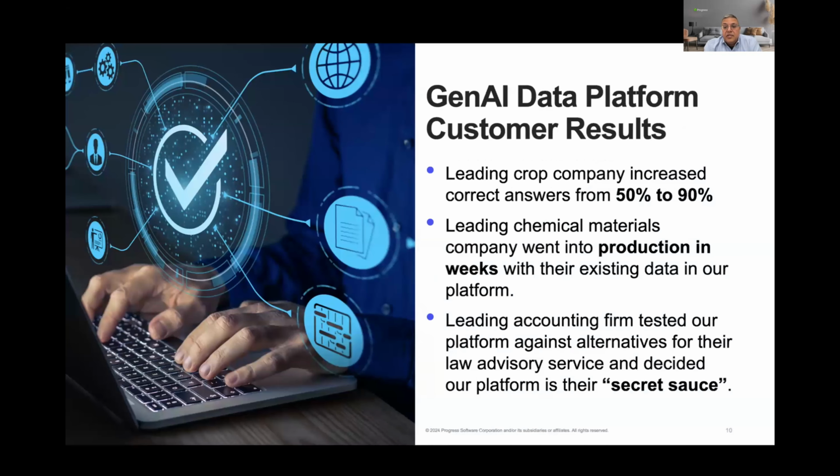So here are some real-world examples from our customers. One leading crop company increased their correct answer rate from 50% to 90%. A leading chemical company, one of the few super large ones in the US, went into production in weeks with their existing data sets. And that speaks to how quickly we can get our customers up and running. And then one of the big four accounting firms tested our platform against alternatives and decided that for their law advisory service, we were their secret sauce. Interestingly enough, they are saving about $2 million a week right now using this platform that they built on top of